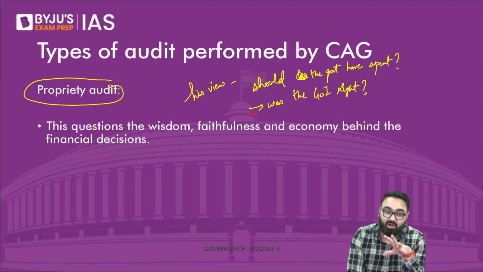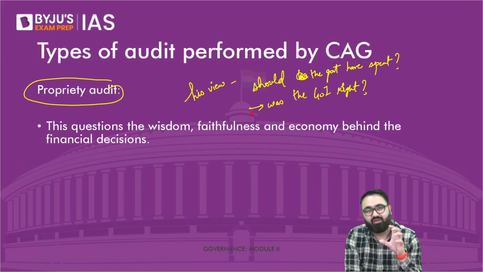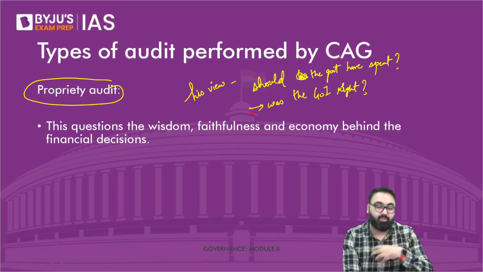Now, proprietary audit is a big debate. Why? See, what is the job of the CAG? The job of the CAG is just to audit whether there is some corruption, whether there was some illegal method, whether something wrong was happening. If the government has shown all the bills and shown everything was legal, then according to many people, CAG should not give his views,